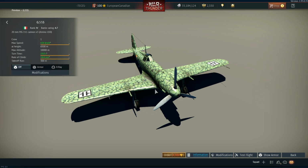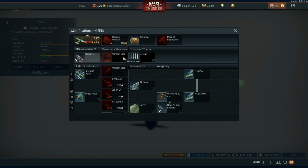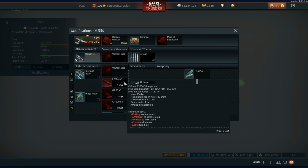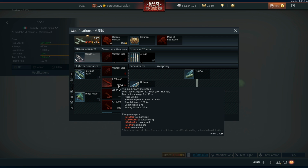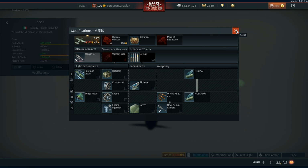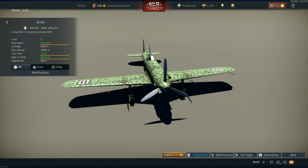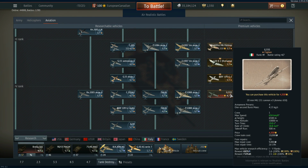So when it comes to the meta of War Thunder, the idea of climbing to a certain position, engaging, and then driving people down, the Italian planes fit it so well, and the G55S does as well. Another thing as well is if you're on a map like Norway, and you really don't like Norway or something like that, you can just take a torpedo and be able to annihilate a destroyer or some form of ship, get a ton of SL for it. The other ones as well, you have access to 250s and 200s, which aren't too useful if we're being honest. So yeah, when the Italian Navy comes out, of course having torpedo fighters is always nice to see, so hopefully the G55S gets a bit more use in that, but it is one of those really good air superiority fighters